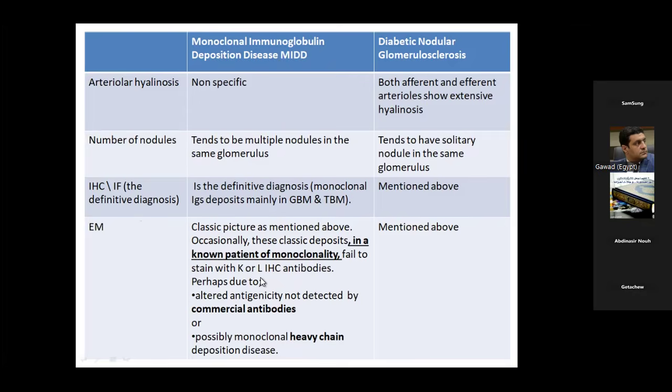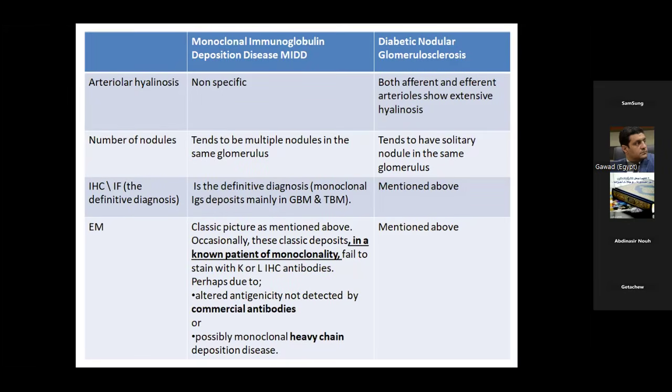Perhaps this could be due to altered antigenicity not detected by commercial antibodies, and possibly monoclonal heavy chain deposition is a cause. So